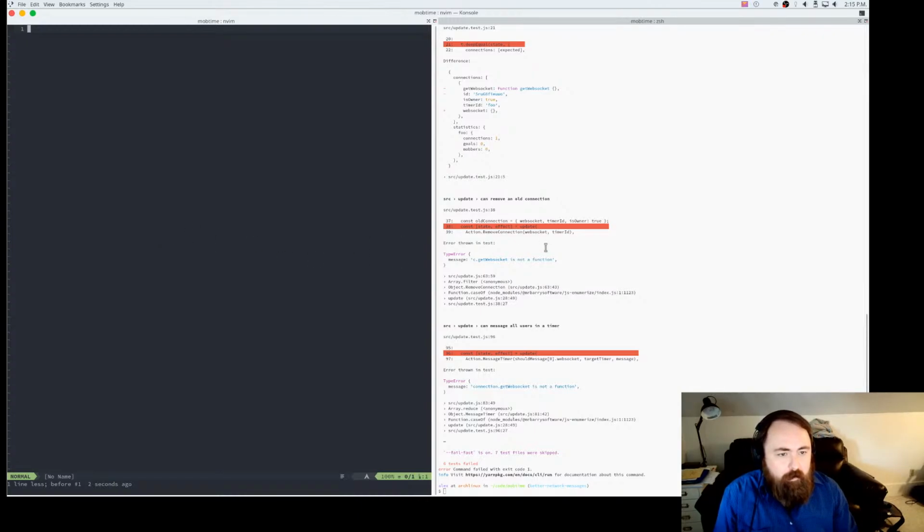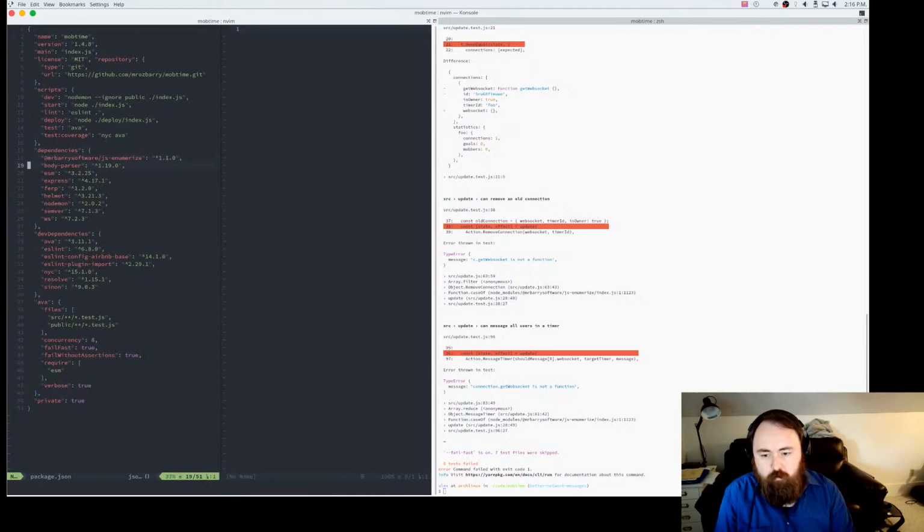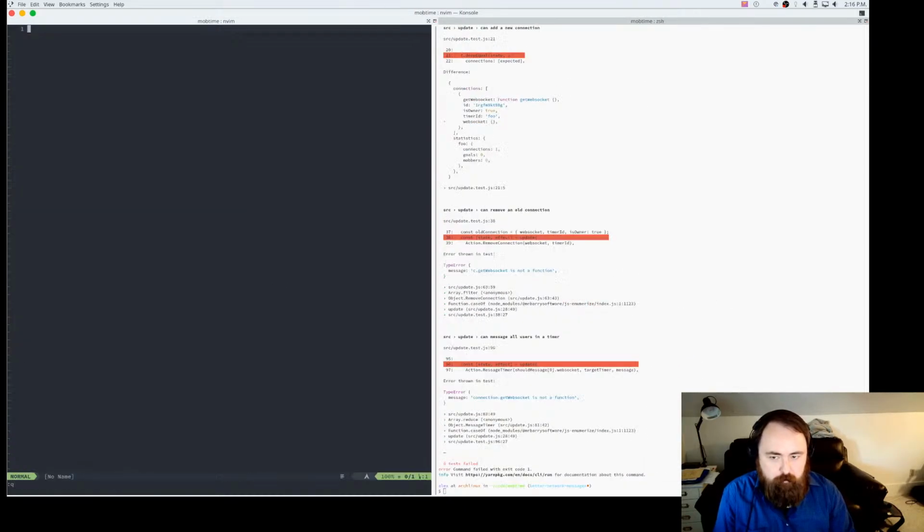Let's see. I did some changes specifically in the server, so we're just going to start from the bottom and work our way up. We've got 6 tests failing, 7 files were skipped because of fail fast. I'm actually going to get rid of fail fast for now as well, just so I can have a total count. We'll do fail fast false, and we'll rerun this, and hopefully that's going to give us the full run. Okay, so still only 6 failing tests, which is a pretty good sign.